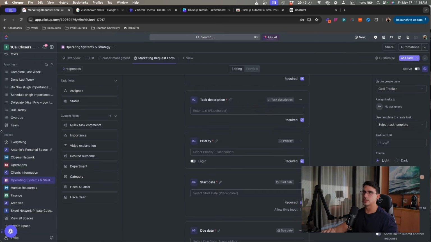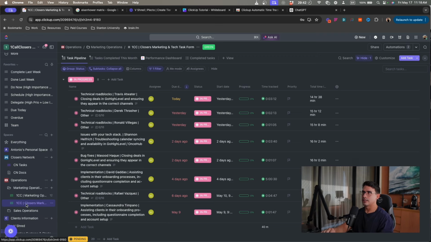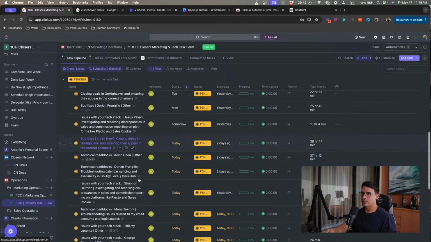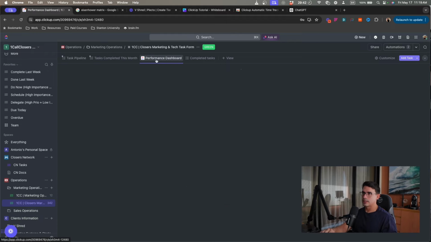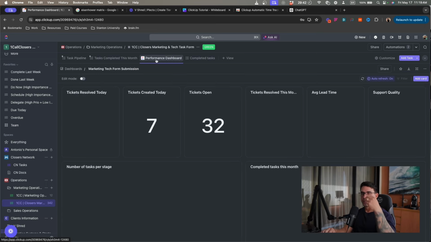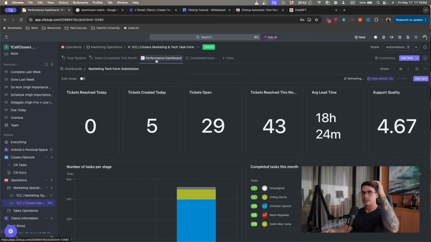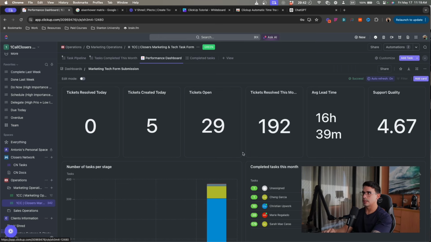So typically what we do internally is we have a lot of closers, and they give a lot of requests, and then we have this tech ticketing system where they submit their request. Inside each type of request there is a task template that we've created to help the person executing these tasks to streamline the process.